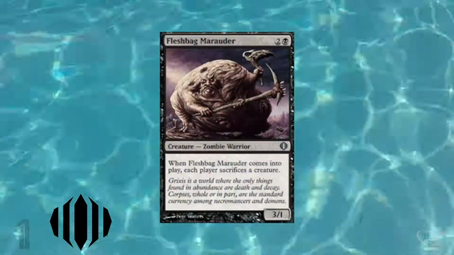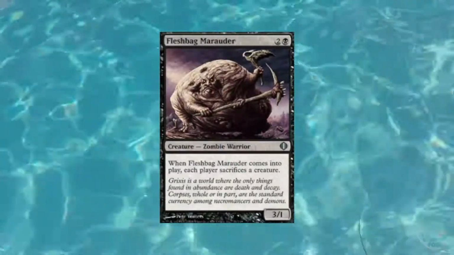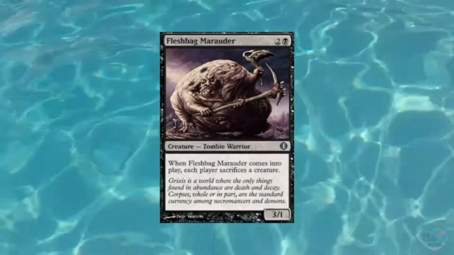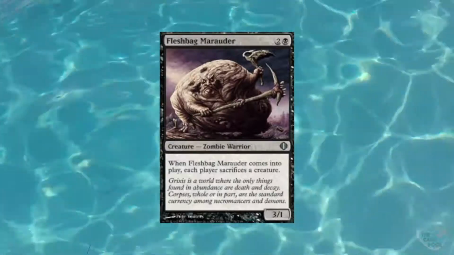This is, as you said, Stu, from the Shards of Alara set, and it costs 3 to play, 2 colorless and 1 black, for a 3/1 Zombie Warrior. When Fleshbag Marauder enters the battlefield, each player sacrifices a creature. This is a deceptively simplistic effect that you maybe wouldn't take much note of at first,